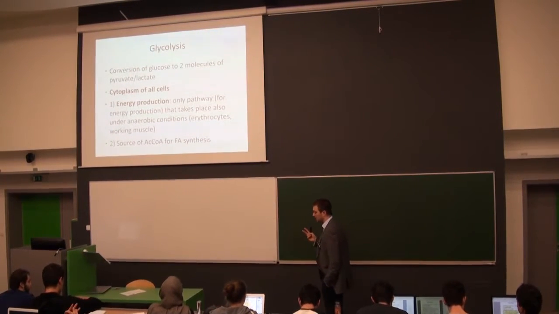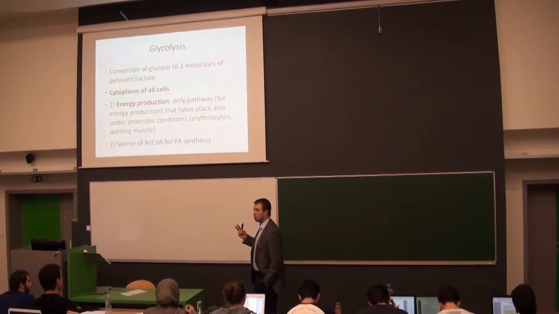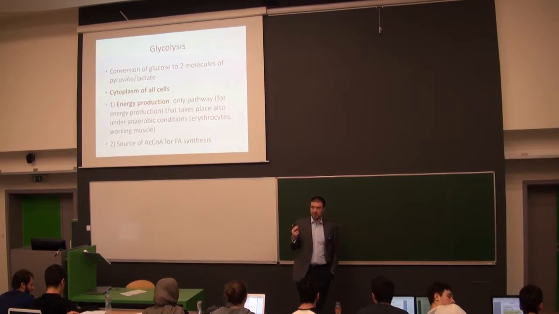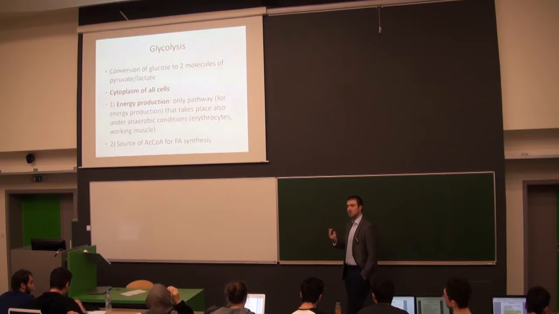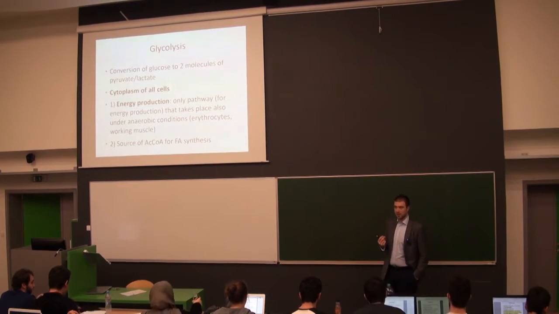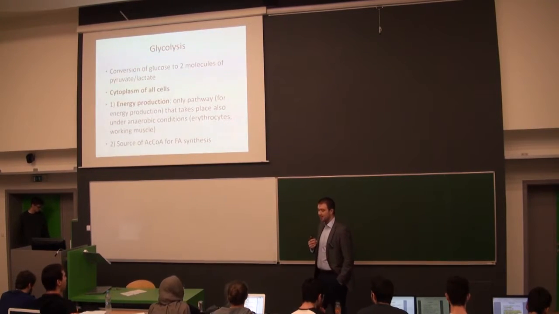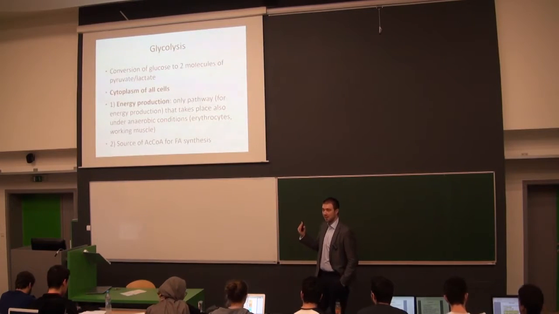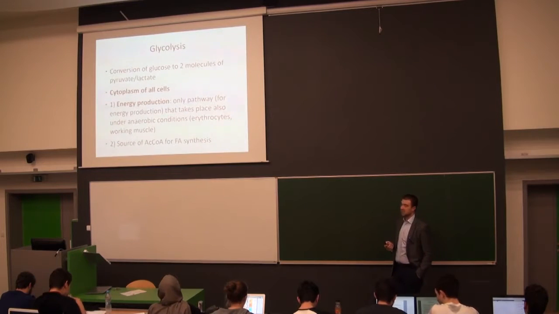Second importance is that through this pathway, you can convert saccharides to some simpler compounds, that means pyruvate, and then these compounds can be transformed to other nutrients. That means that you can look at the glycolysis as the producer of acetyl coenzyme A that can be subsequently utilized for the synthesis of fatty acids.